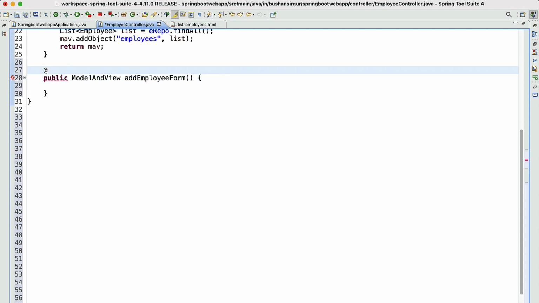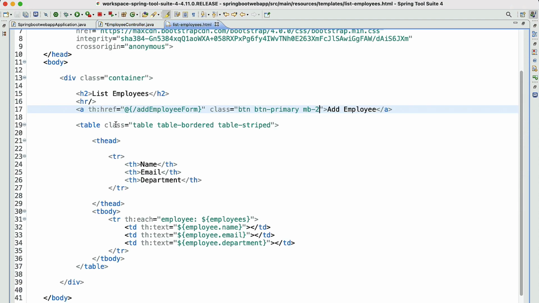We will annotate this with the @GetMapping annotation. We will add the URI, which is add-employee-form. This is the URI that we have given inside the list-employees HTML.